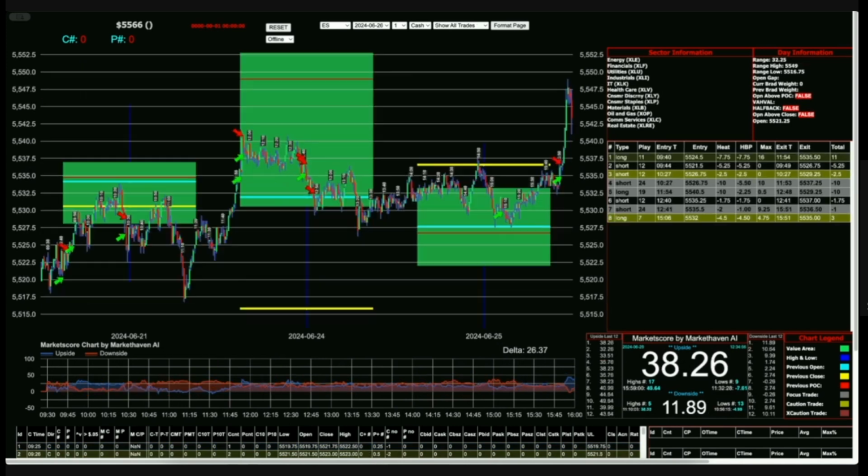So I'm going to run through a few days to give you an idea of how this works. The first thing I want to do is show you the chart. So this is the trading chart. Now on the trading chart,